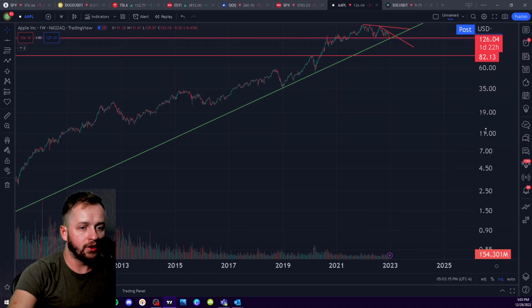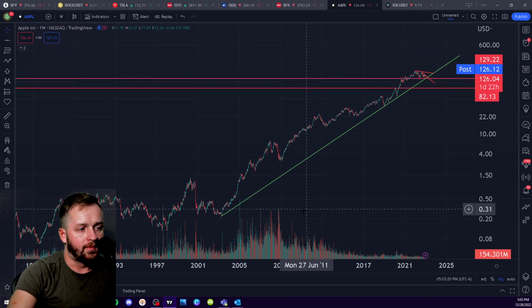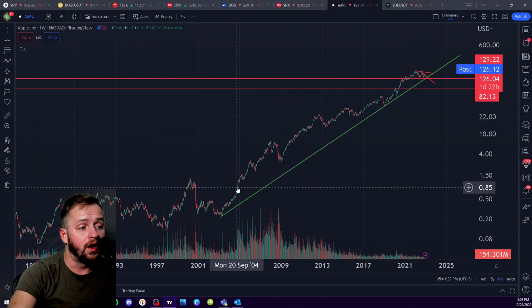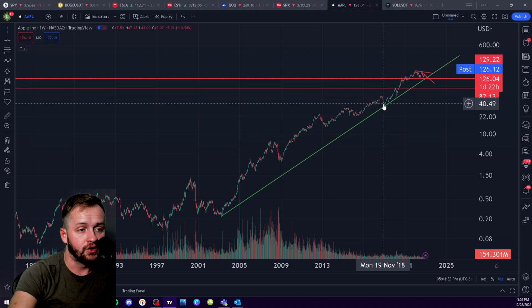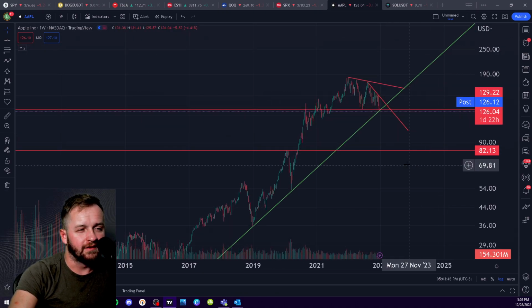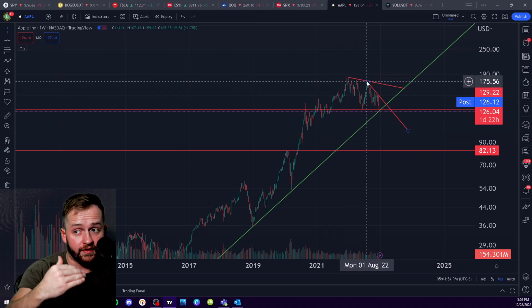Looking at this macro uptrend, this one dates all the way back to 2003, okay? Since then, you've had this insane rally for Apple. You didn't have another touch on it until 2018, okay? So this is a very distributive structure back here. You come back, test 2018, basically double bottom it or triple bottom it, really. By the time you get to the COVID drop in 2020, and since then you've kind of just fluffed along here. You showed relative weakness up here, and this is after splits or whatever, but to the 180, 170-ish level, obviously looking really triple toppy here.